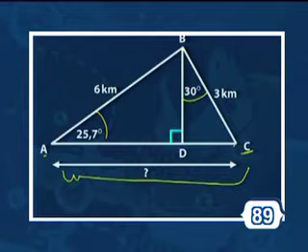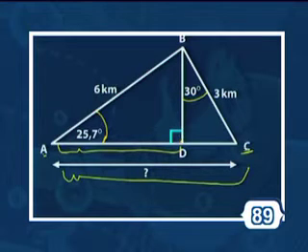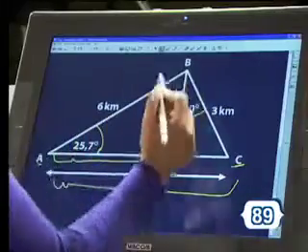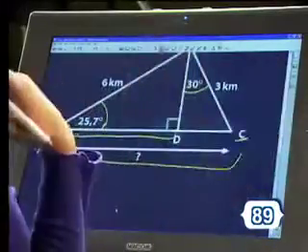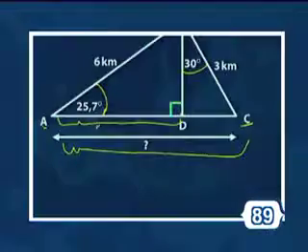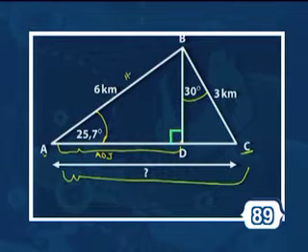Alright, so the first thing we're going to do is work in triangle ABD and work out the length AD. From the given information, AB is 6 kilometers, we've got the angle is 25,7, and we know that BD is perpendicular to AC, so therefore angle D is 90 degrees. So in triangle ABD, just as we did with all our trig applications thus far, AD is going to be adjacent to 25,7. AB will be the hypotenuse, and then BD would be the side that's opposite angle A,